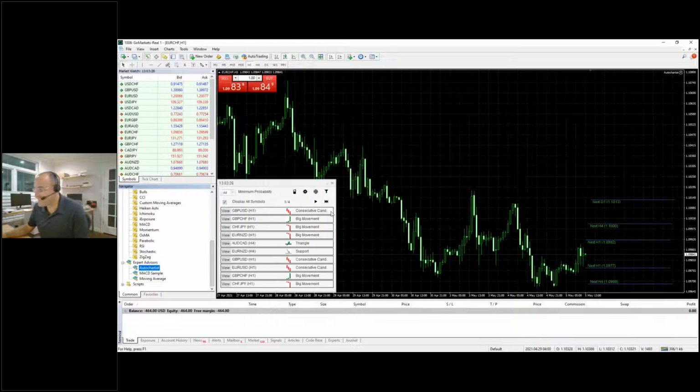So here we go. Everyone can see my Autochartist expert advisor that I dragged and dropped onto my chart. You'll see a little scanner on the bottom left of the chart. If you don't have this expert advisor in the navigator section in MetaTrader, then you need to go to